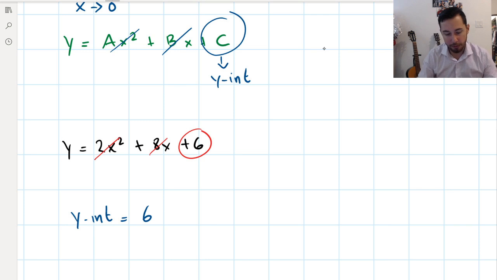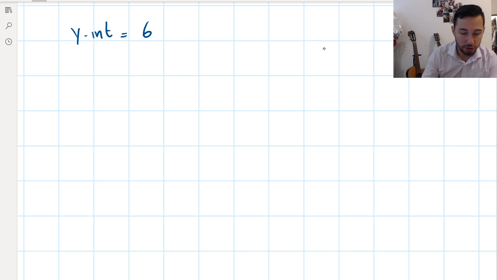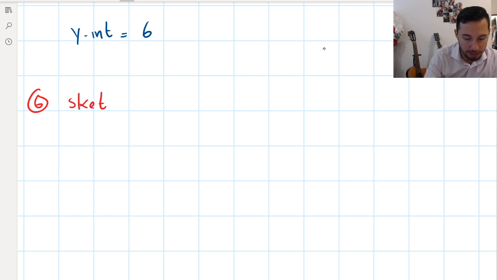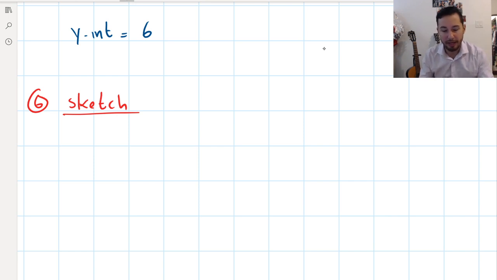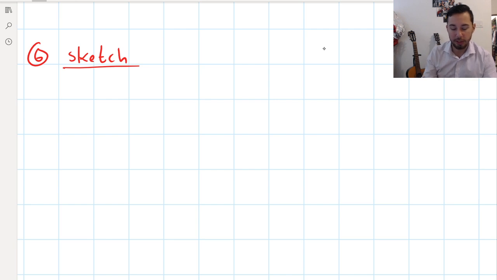Now the last thing I want to do is to sketch this with all the information that I've gotten. So this is going to be a pretty rough sketch. We don't have to get really technical with it, but I do want you to label all the parts that we found. So I'm going to sketch this parabola, and I will make a much longer video on how to properly sketch and everything that goes into sketching parabolas. But for now, your sketch will be rougher than mine because I do have the tools here to make this a little neat, but it needs to